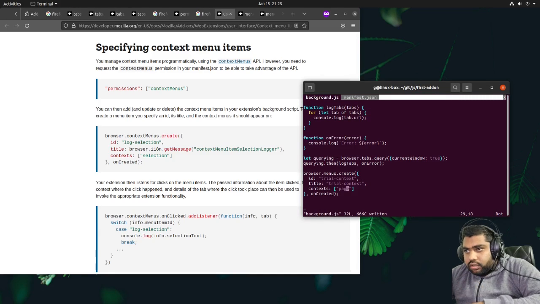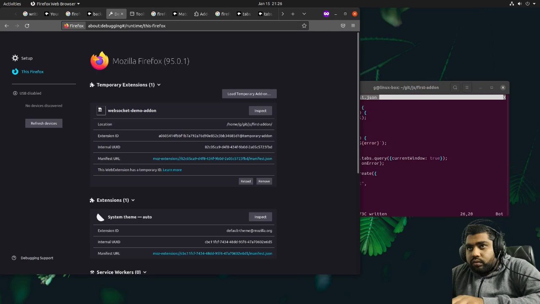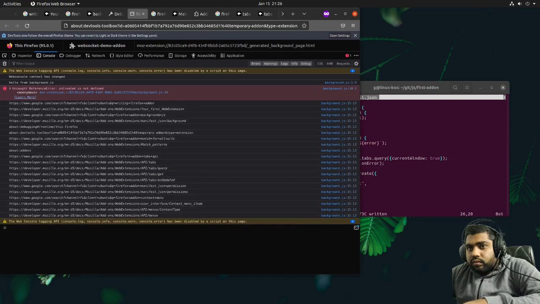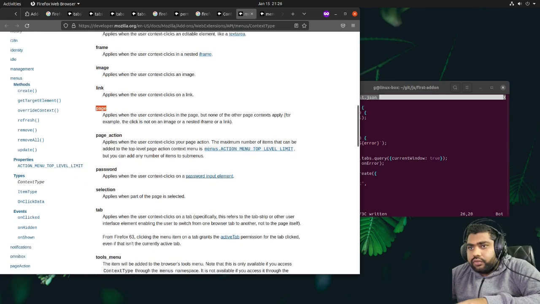Browser.contextMenus.create. Oh, this was the problem. Now onCreate is not defined. Okay, so now I will have to add a function